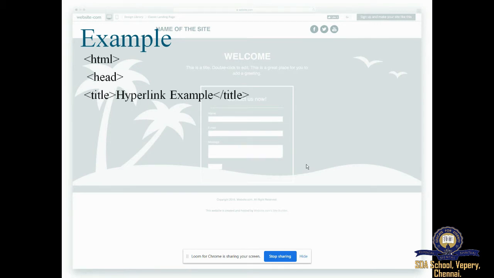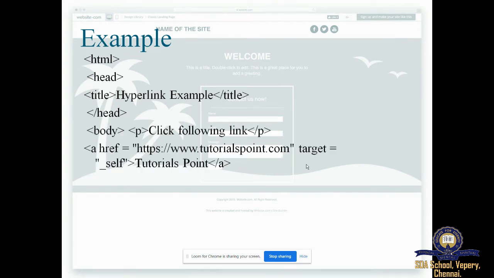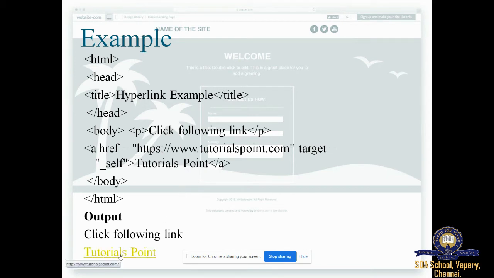So this is the code for creating a hyperlink. For the hyperlink, we are just going to give a reference. Look at the statement: a href is equal to, this is your URL, https tutorialspoint.com, all those things. And target, I have told you, is an attribute of the anchor tag. And this is your link line. Whichever words are given within the opening anchor tag and closing anchor tag will be the link text. So look at this output. The text given here is tutorials point. That will be your link.